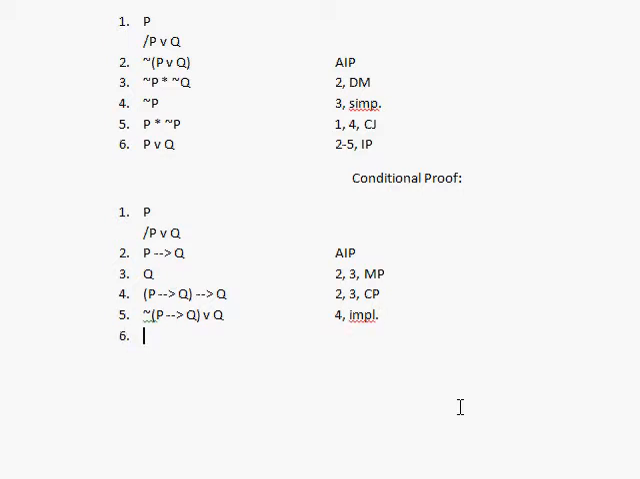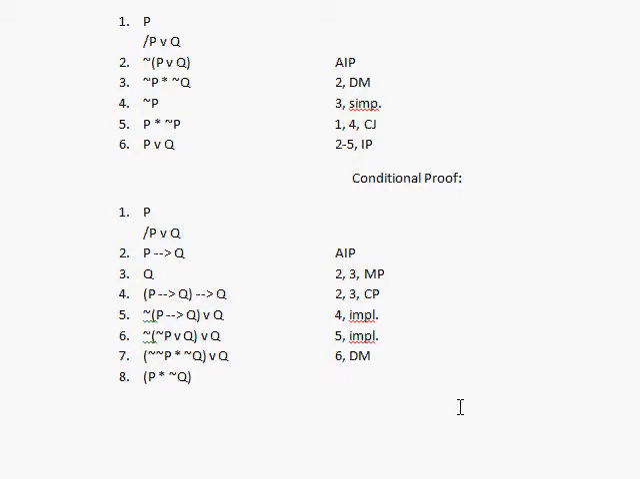From here, we're going to get not P or Q using 5 implication. And from here, we're going to get not (P and not Q) or Q using 6 De Morgan's. And from here we're going to get P and not Q, also in parentheses, P and not Q, or Q